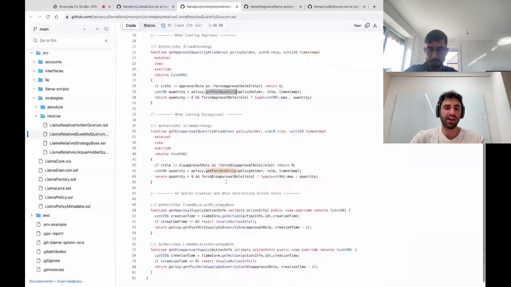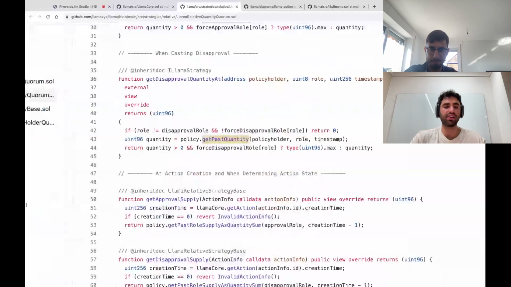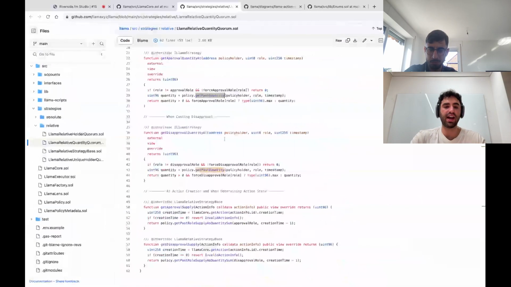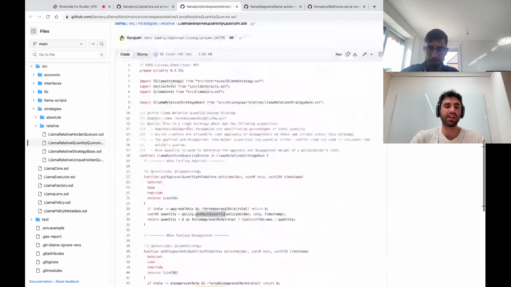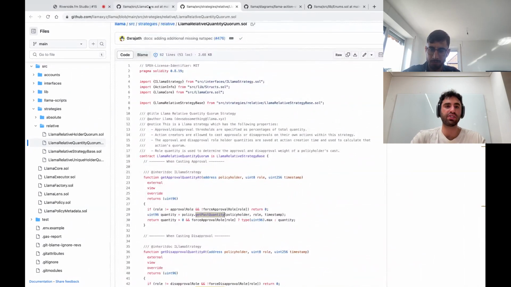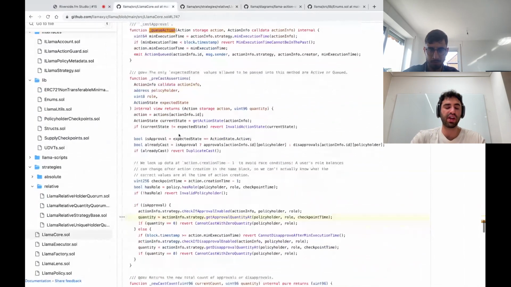We can also see getting the approval supply. So you can see where the checkpoints fit in, and how the strategy is referencing that to determine the logic.